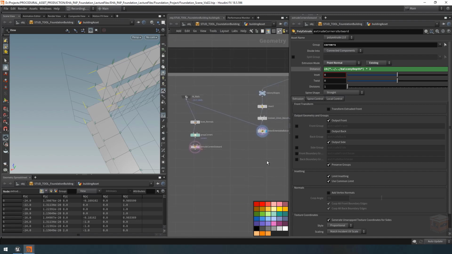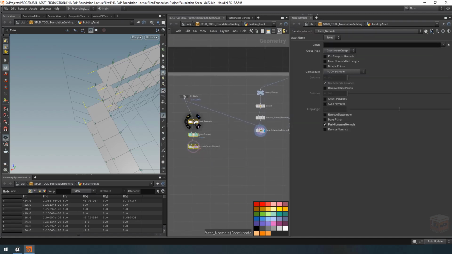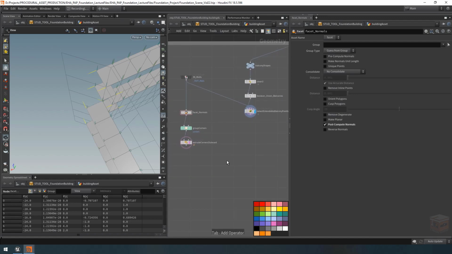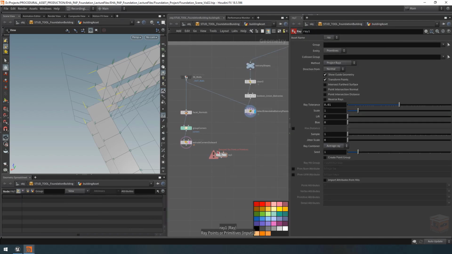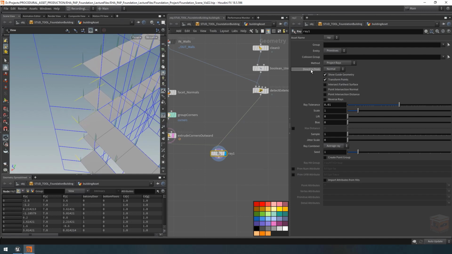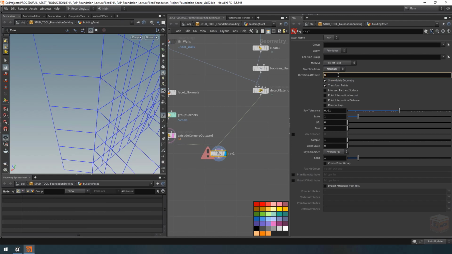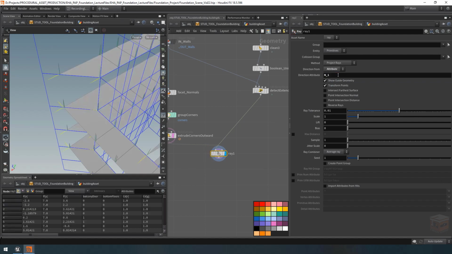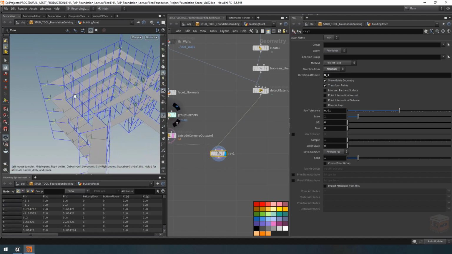Okay, so let's set up our raycast next. Now we could do the raycast with Vex, but frankly it's a bit unnecessary. Let's in this case just use a ray node instead. So the ray node, as we've used before, we can simply plug it in. And what I would like to do on my ray node is specify that normal. We can set this over here under direction from. So let's set this over to attribute. And then instead of using the normal attribute, we can specify our custom normal n_1. And that will now allow all of our points to raycast